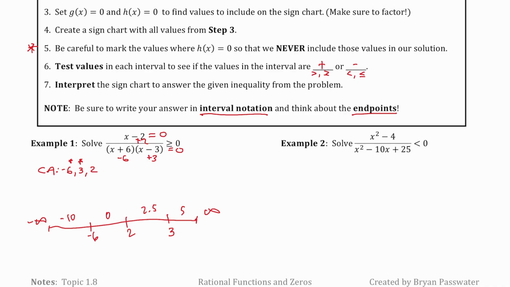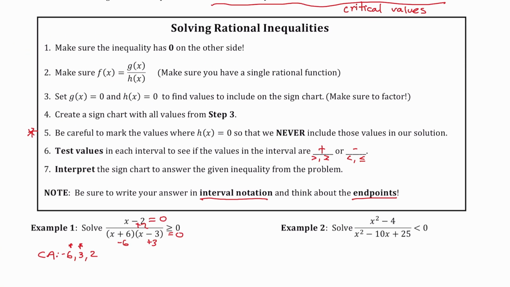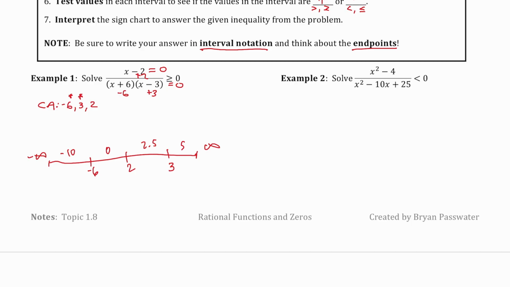And so with each of these values, we want to plug these values back into the equation, but not doing the math, just seeing if, like, -10 minus 2, is that a positive or a negative? And then we write that. And so -10 minus 2, that's going to be a negative. So the top is a negative over